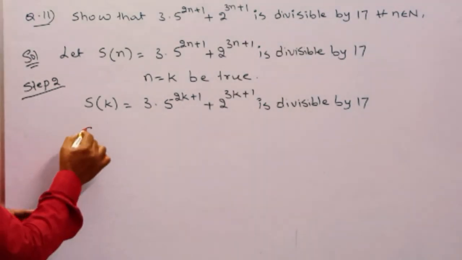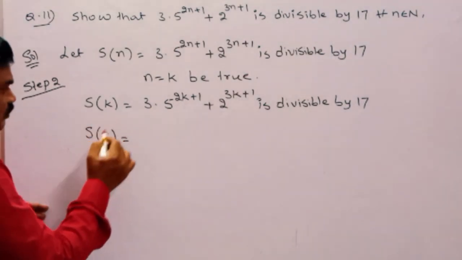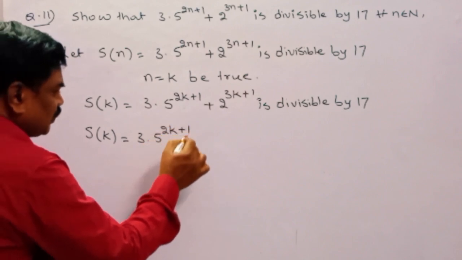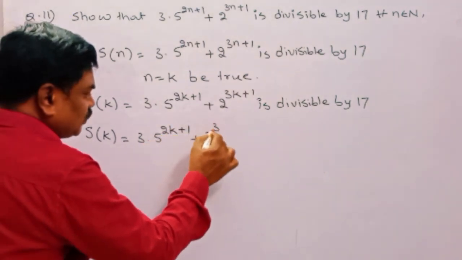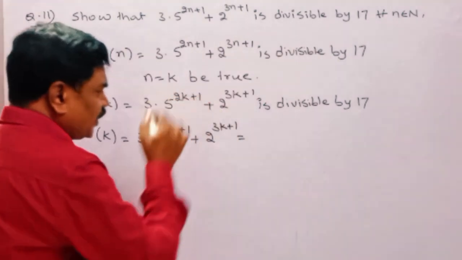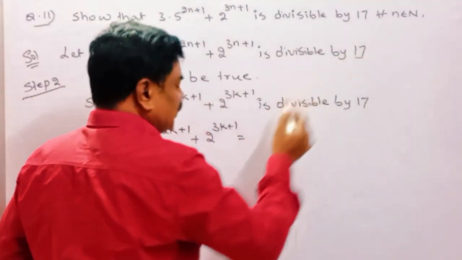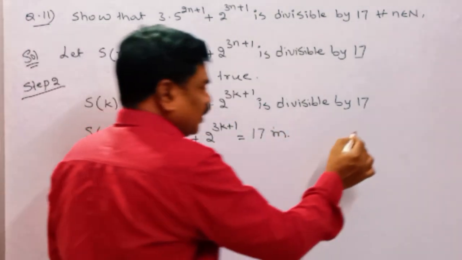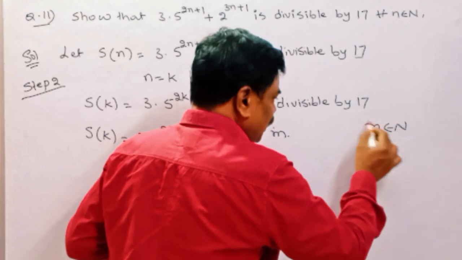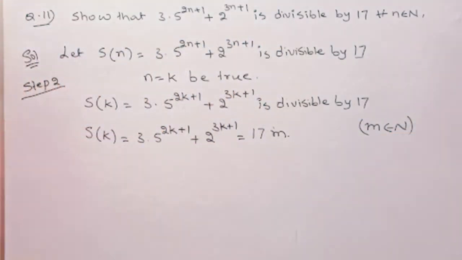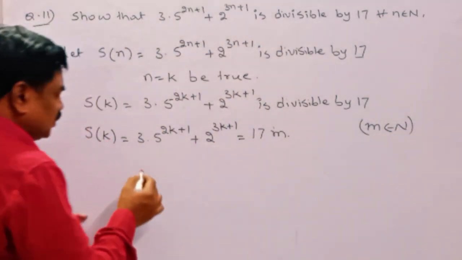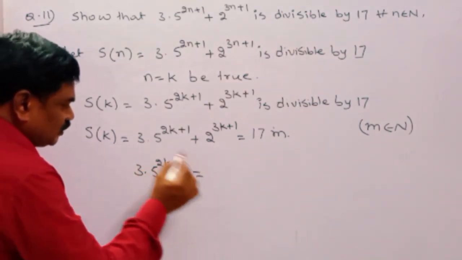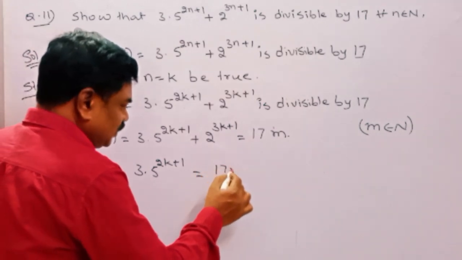It can be written as 17 into m, where m belongs to capital N. So 3 into 5 power 2k plus 1 is equal to 17m